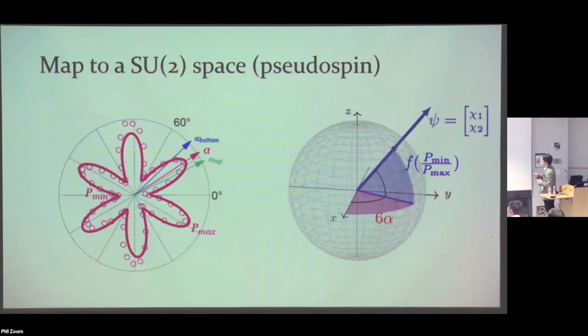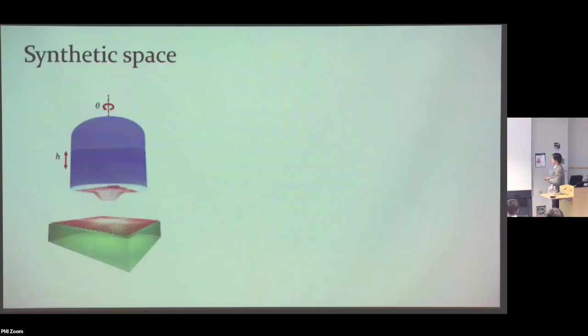And you can actually map that into a vector on the Poincaré sphere in some sense, because you can write down this chi1, chi2 in a spinor form. That's why you can define this pseudo spin from the chi1, chi2 response. And there is a mapping relationship between a flower like this and a point on the Poincaré sphere. This function f here is some arctangent, just too long to put into the graph.